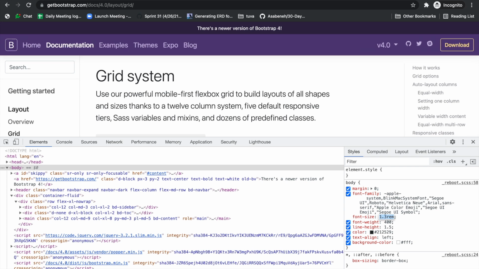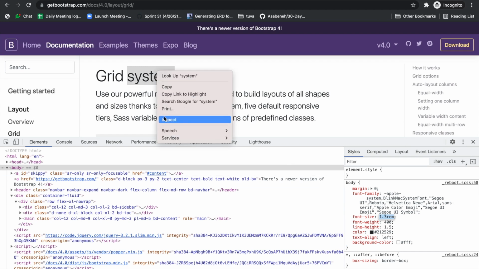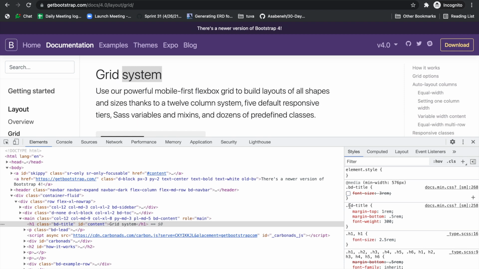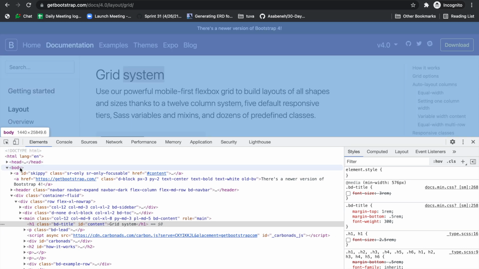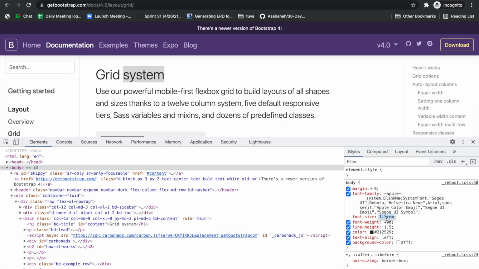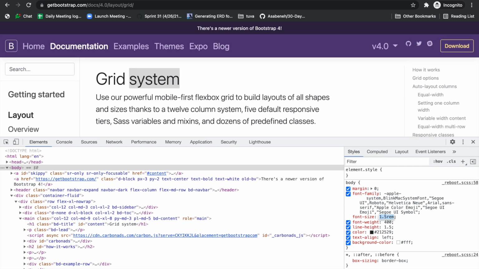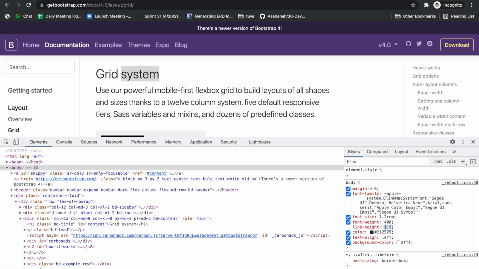But check, the grid system is not growing, right? All others are working fine, but the grid is not. So let's check the h1 tag. See, they have directly set the font size here, so it won't inherit from the body tag. Let's remove these from margin top. Yes, now we can change the body tag. See, our grid system is also moving. You can see the same with line height.